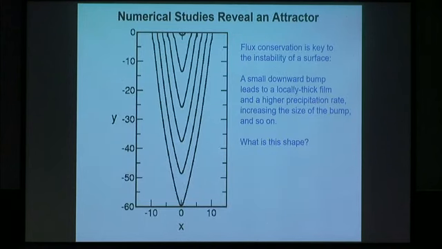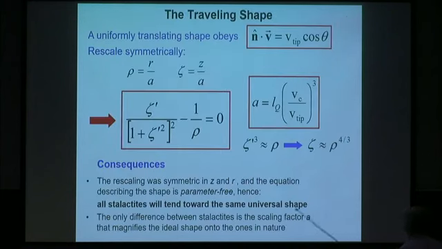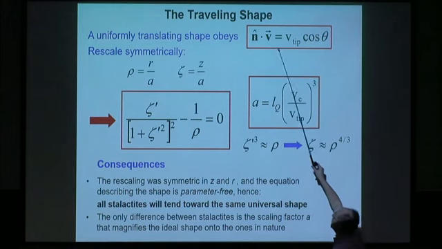So we did some numerical studies of this model, and what we discovered was that if you start with some arbitrary initial little seed at the top, it grows as if it's just traveling and emerging from the ceiling. So that says that we don't have to solve this as a full, complex mathematical problem. We just have to look for a solution in which it's uniformly advancing, well, down. So you do the mathematics of a uniformly advancing shape where you say, well, whatever the tip velocity is, then the velocity should just be related to the local angle by that.